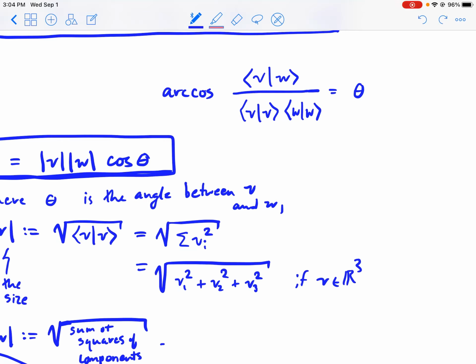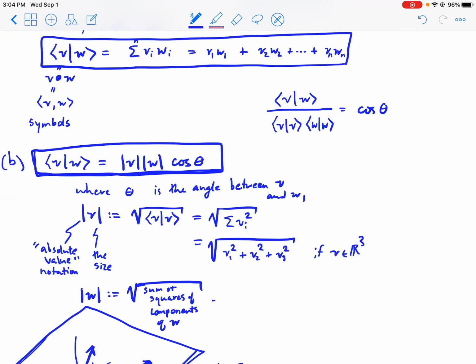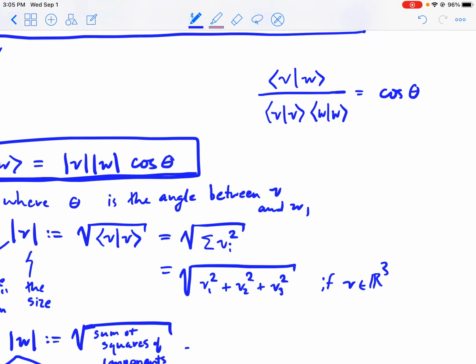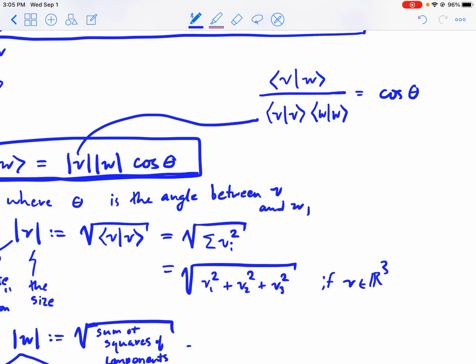So I'll never ask you to actually calculate the angle. The angle is something that we really can't calculate. Maybe what we can calculate is the cosine of the angle. Yeah, that's what we can calculate. I'm trying to think of if I did this wrong. No, I think I did it right. No, I did it wrong. Look at this. Okay, so